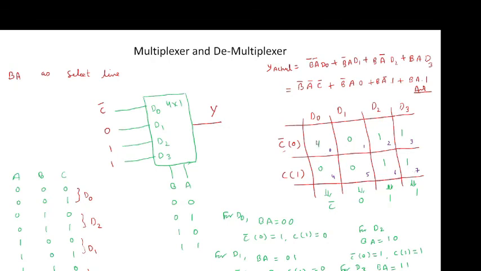So now see here, it is 1, it is 0. Here I will have the output C bar, because the other term will be 0. Now 0, 0 will have the output 0. Here 1, 1 will have output 1, like C bar plus C, and here I will have the output 1 again. So our input lines will be C bar, 0, 1, 1.